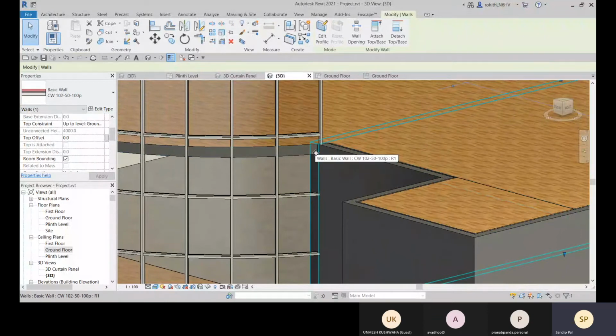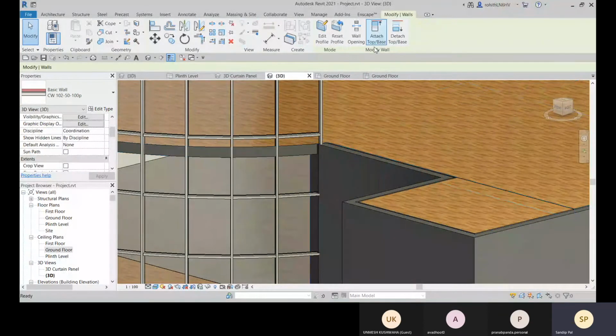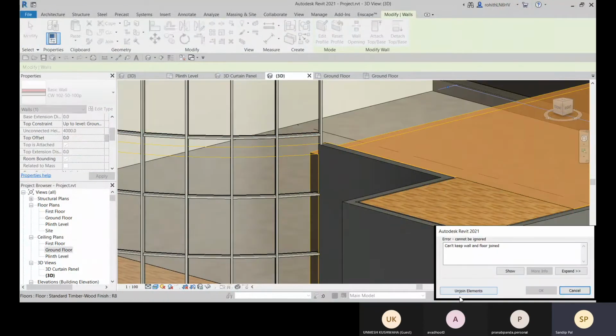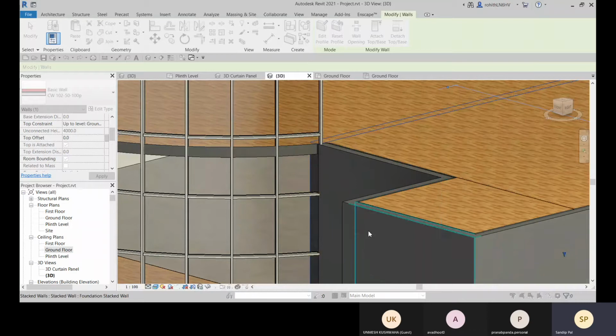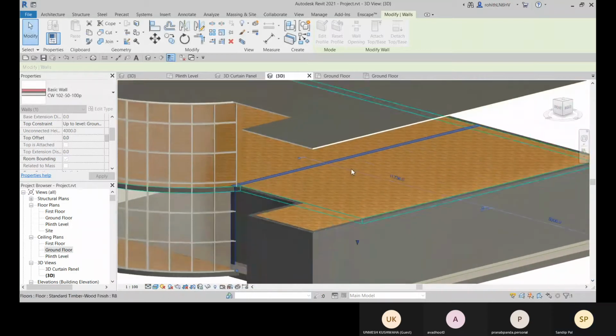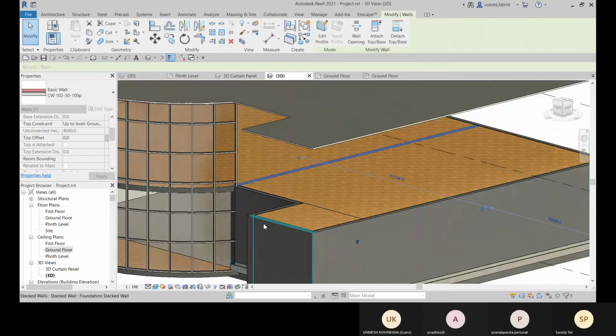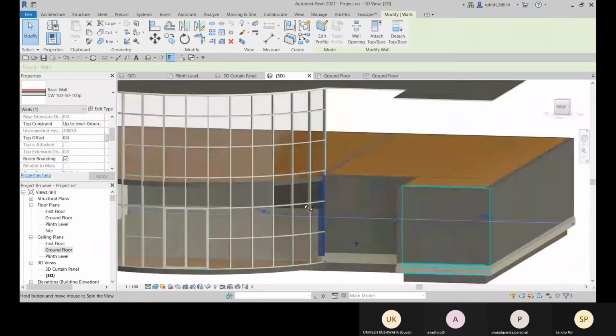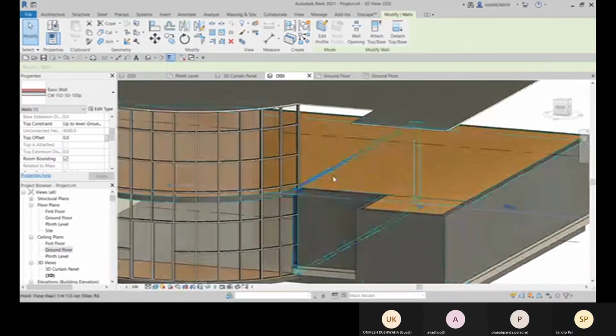Here you can also check with this attach top option, so this will be attached to this top. Let me click on this unjoin.